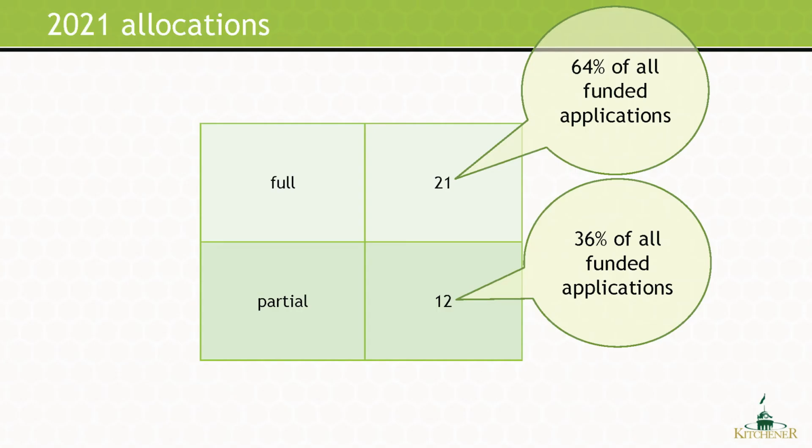Note that 64% of all funded applications were fully funded, and 36% of all funded applications were partially funded last year. There's no cap on the grant amount a group can request. However, as we saw in earlier slides, there's a finite budget for community grants, and the amount of requests we receive is always greater than our grants budget. As a result, difficult decisions must be made by the Grants Review Committee, and unfortunately, not all projects can be fully funded. You may be wondering, how much funding can my group request?